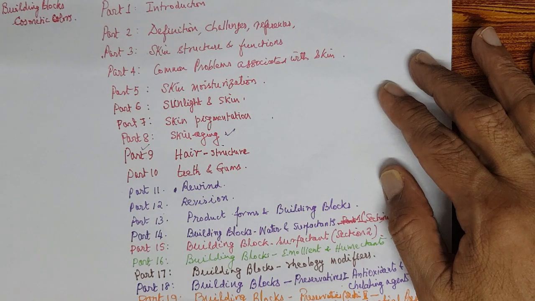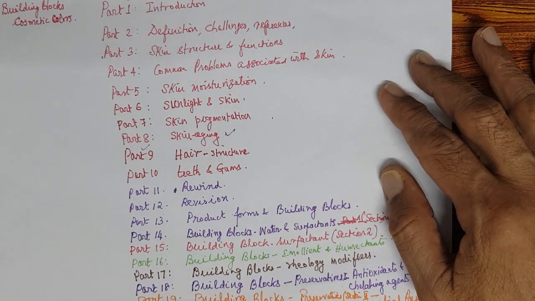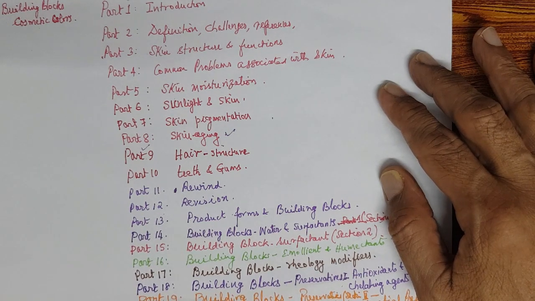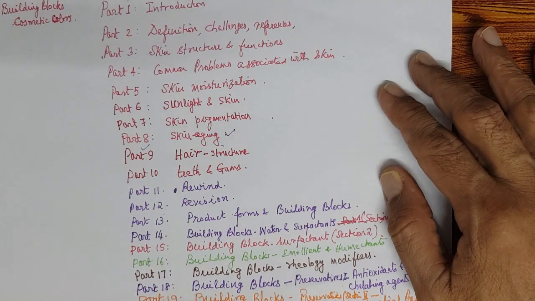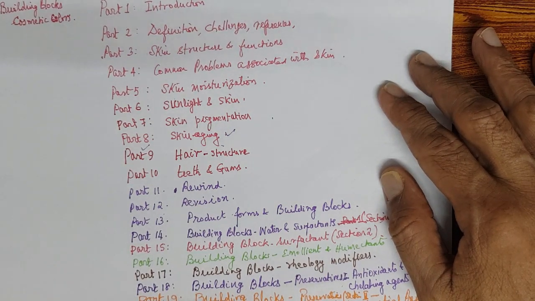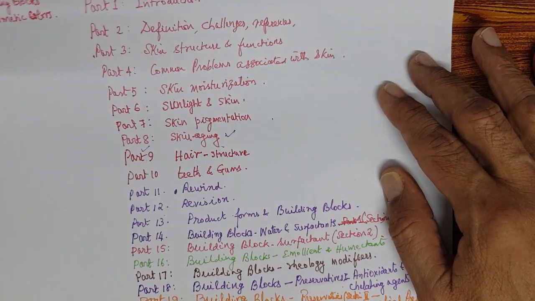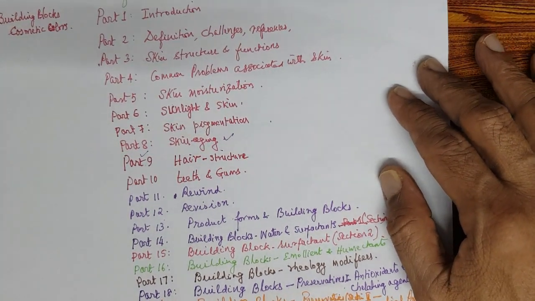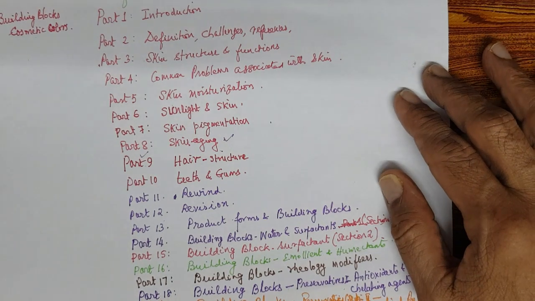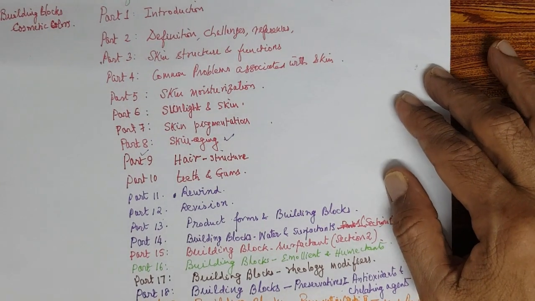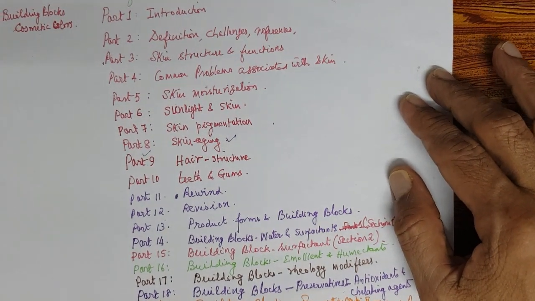Then we will go to the formulation aspect. What is a cream, what is a lotion, what is an emulsion, physicochemical aspects of emulsion, and what are the different types of creams, how they differ in sensories, in formulation, then shampoos, then the conditioners, hair products, then hair dyes, PPD based hair dyes, what is the mechanism of action, then color cosmetics. So we will go step by step.